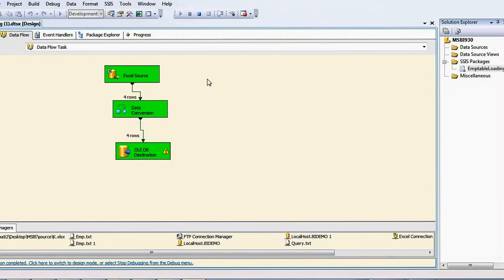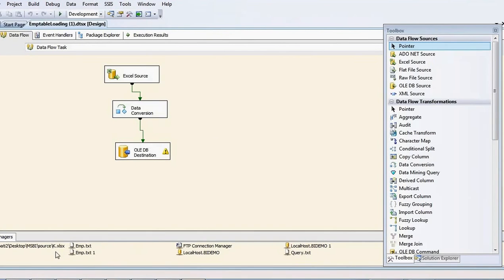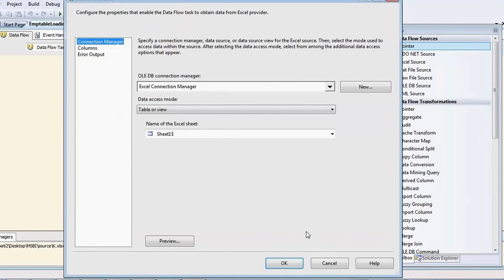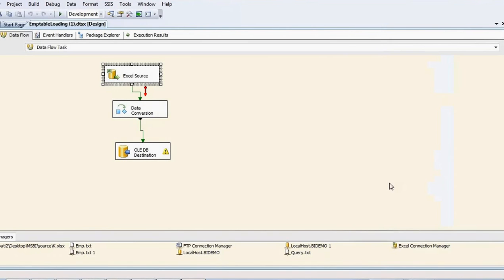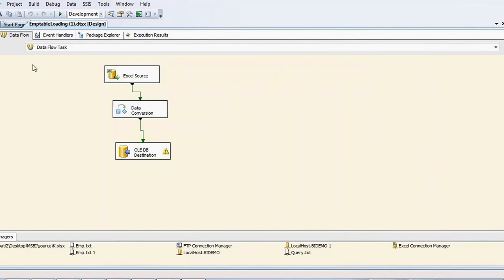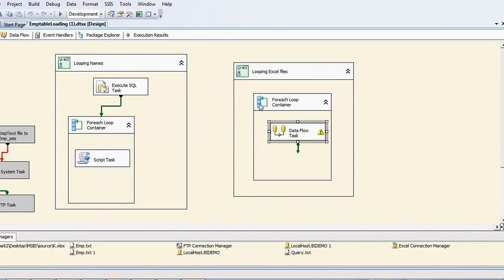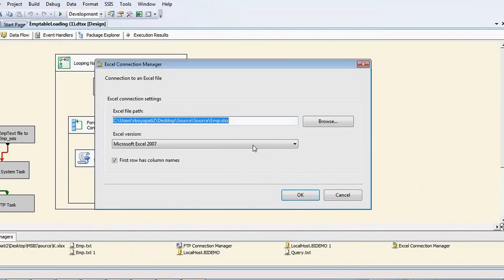The reason is, you are specifying here, you see the connection, this Excel connection source, that is the Excel connection manager, right? If you come to that Excel connection manager, this Excel connection, here you are specifying emp.xlsx. So always it is taking this file name only. That's why it is looping 3 times, but it is taking only the data of emp.xlsx, because the value you are storing in this variable, but in this connection you are not